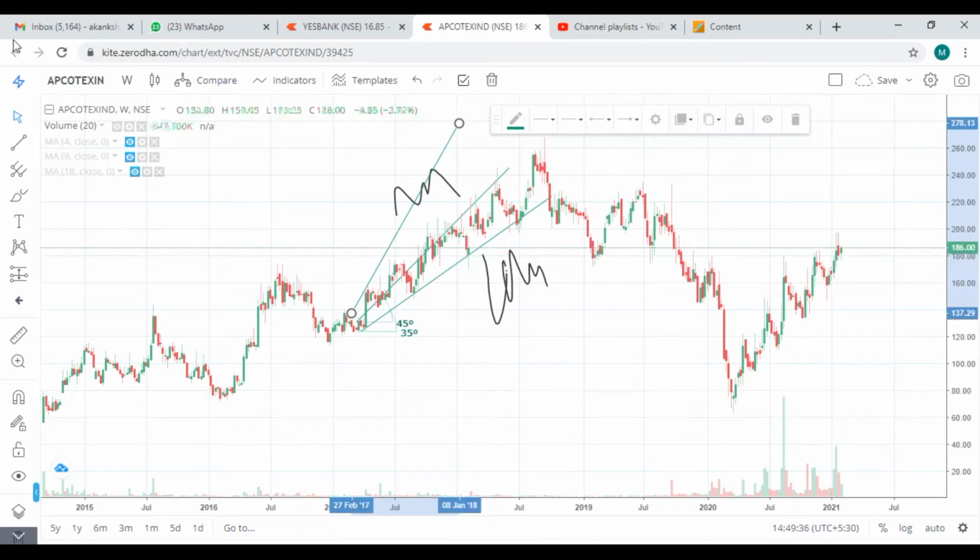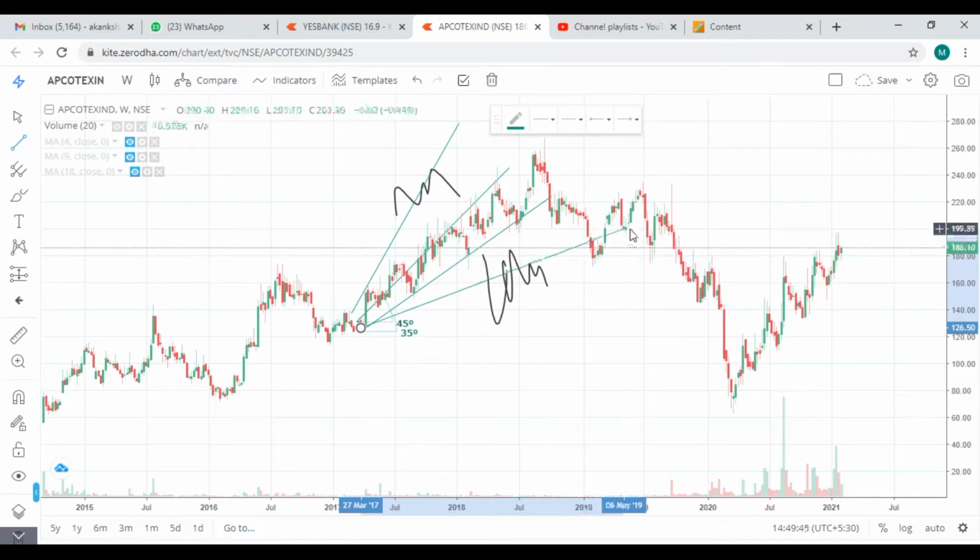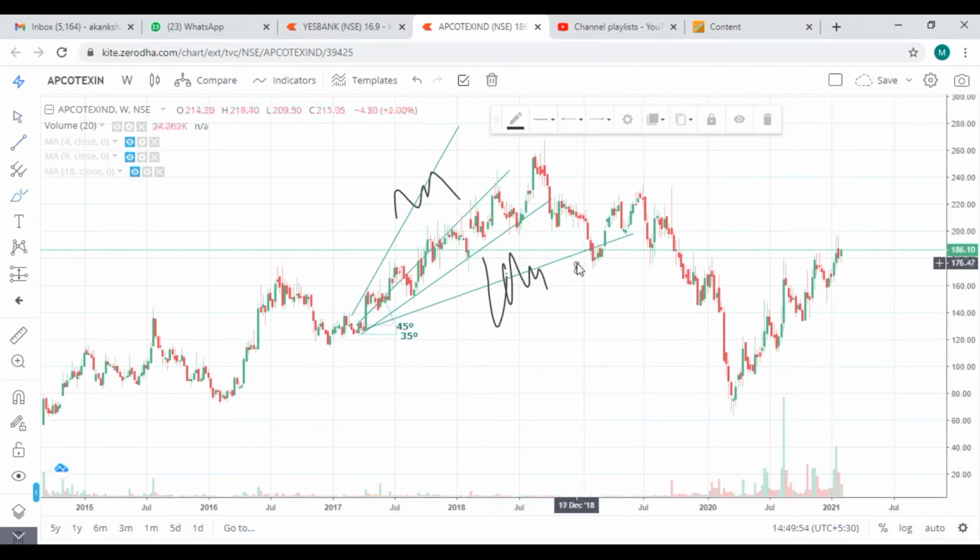In the same case, if your trend is too slow, again I'm taking a new trend line. Let's suppose your trend line is this one. This is your trend line, let's suppose. On this trend line, your prices are moving up and down and up and down and up and down. So it means that your trend is moving too slow. The prices are changing very slowly. So it indicates that very quickly it can move up or it can come down. So it is very uncertain.